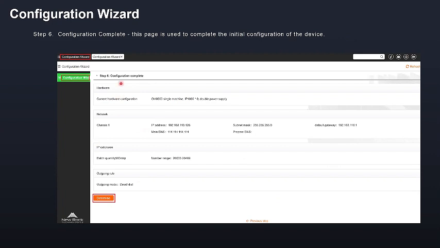This is what we did in the previous configurations: it defines the network, IP addresses, and the number of IP extensions. Since we only set the outgoing rule to direct dial, we don't set the external line, so it doesn't reflect here. After that, you can click determine, and now your OM 8000 is ready to use.